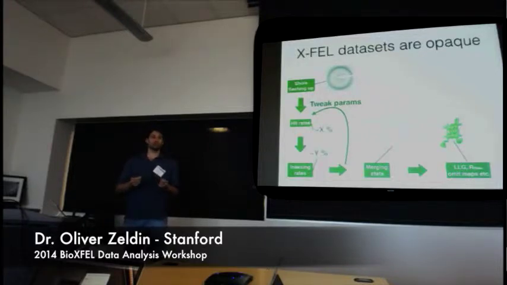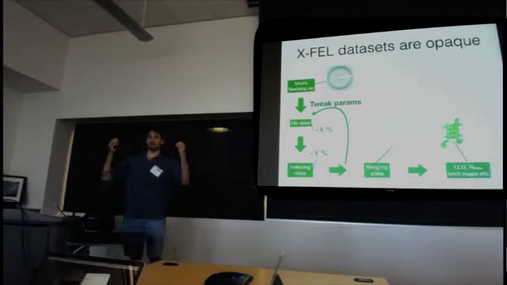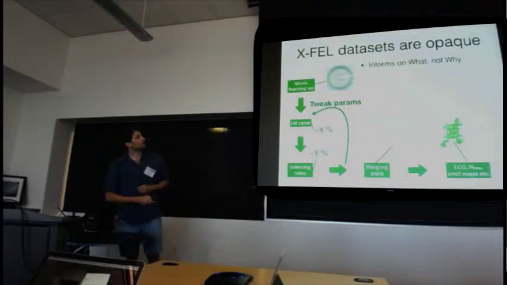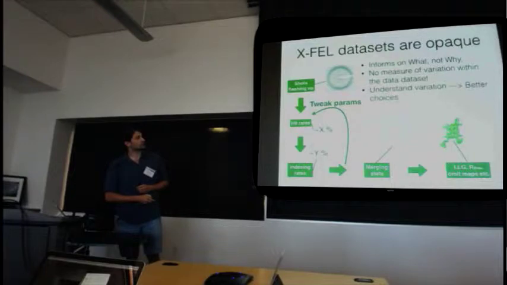Now, if I have poor CC1/2 statistics at high resolution, I don't know necessarily if that's because all my images are somewhat poor, or because they're all fantastic, but then half of them are different to the other half. They can both give equally bad statistics, but we don't have information about their level of granularity. So this method informs on what, not why,